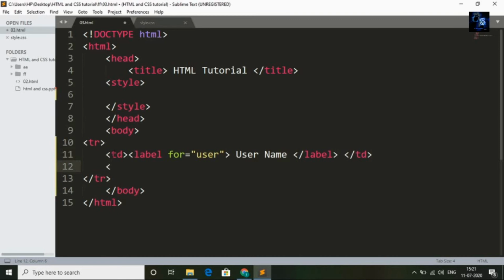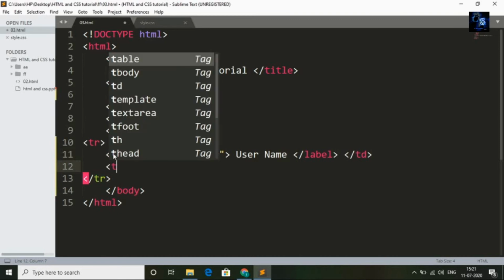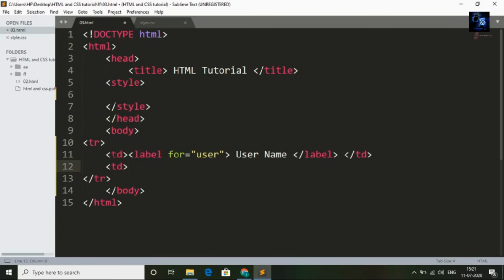Now I will add one input where the user can add a name. td, input, type will be text, and I will also create an id to apply CSS. Id user, and the closing tag. This will ask the user to enter a name.